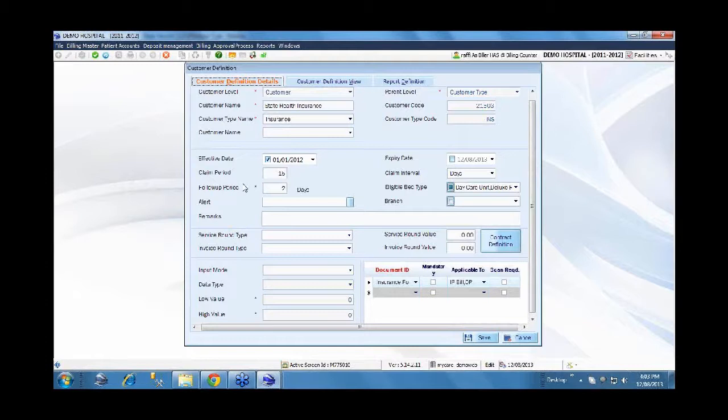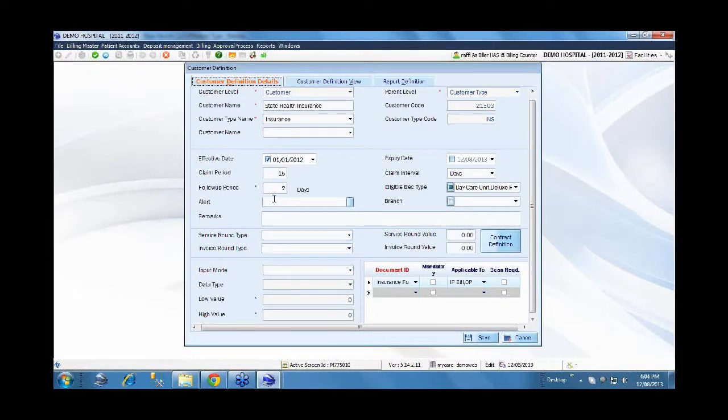So from day 1 to day 31 of July, we'll start processing the claims in the first week of August, and so on for each and every month. Those things we can specify, whether it's 15 days or 30 days or whatever it is. And the follow-up duration, this I will explain when we are handling the consultation.